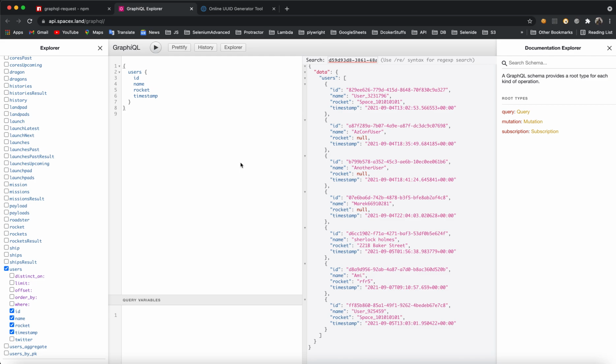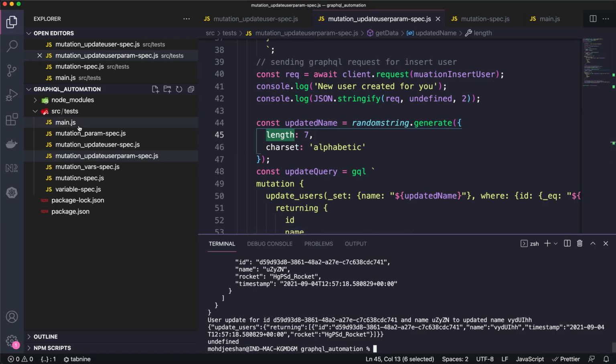So for the delete query, if you want to delete a particular data, what is the prerequisite? There must be some data present on the server or the database, right? Then only you can delete it, which is like common sense for us also, right? If a data is there, then only you can delete it. So how will the automation for this go? First of all, we will try to create a particular user in the database, then try to delete it. Okay, now let's switch to our Visual Studio Code and see everything in action.